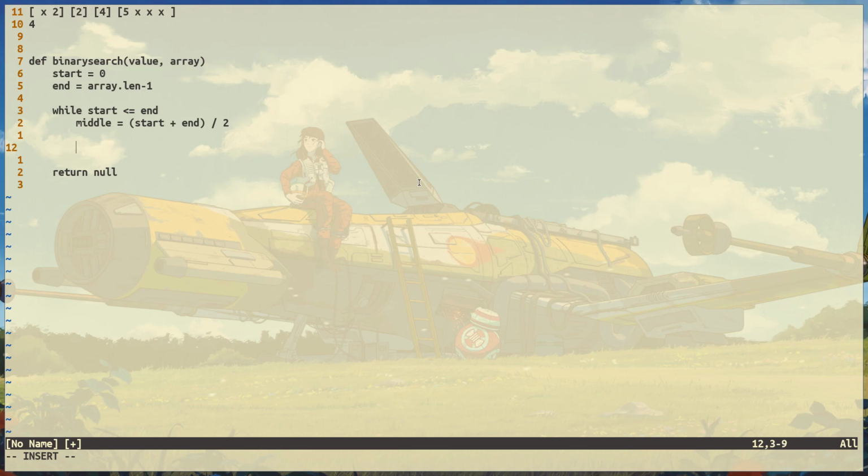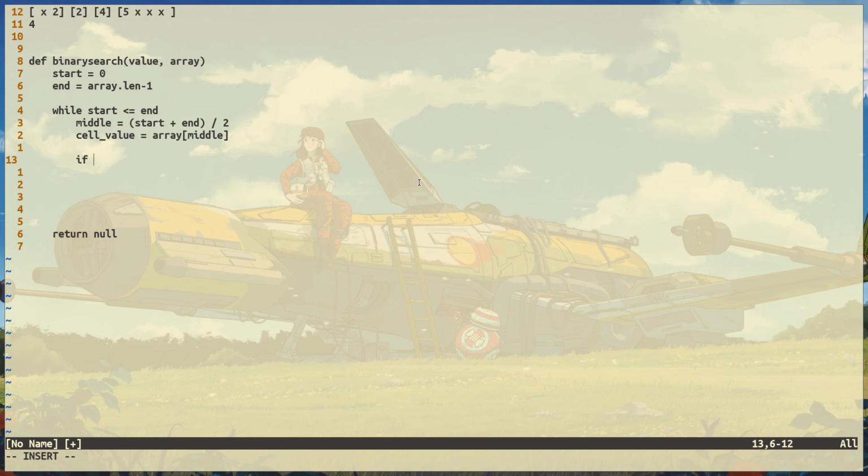All right. And then our cell value is equal to our array at index middle,